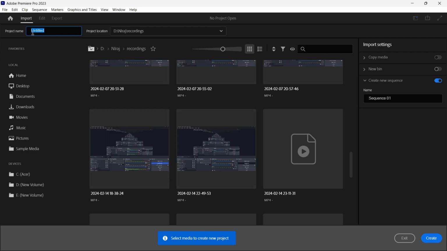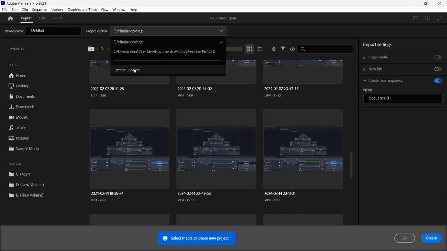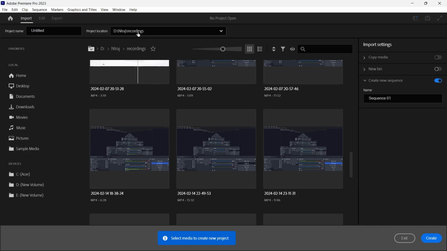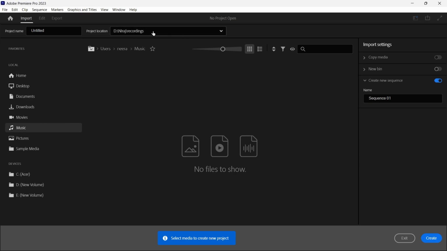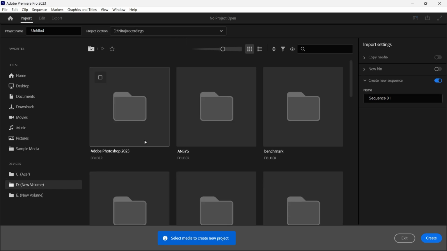After new project, here you will have to give the project name. So I will keep it as it is, untitled. And the next important thing is the project location. So here you can choose your custom project location from the choose location option. I already selected it to the Neeraj recording folder. Okay. Now, after you go here, you will have to select the recording where your recording has